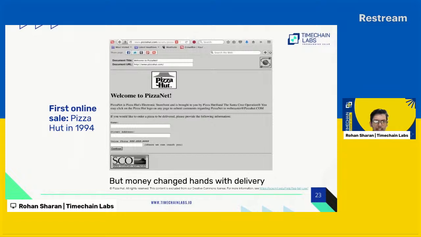Now, since the beginning of the internet, while we had all these layers and we tried to do commerce on the internet, the first attempts were done to sell a pizza, let's say. And the pizza was sold, the guys met, but they finally exchanged money physically. They exchanged money in hand by cash. So we didn't have digital systems in 1994 when these first transactions happened. Starting the sale online, but then exchanging the money offline.